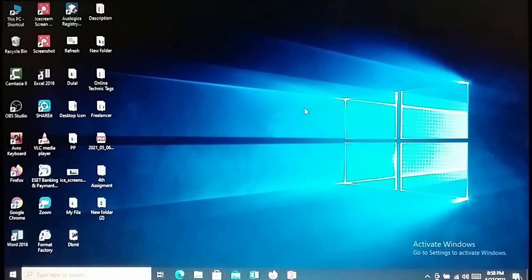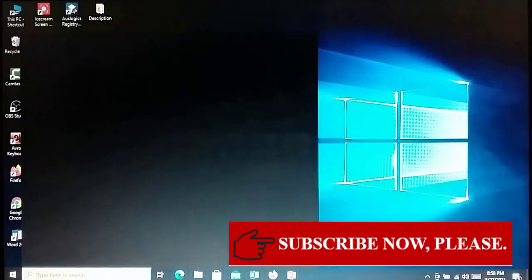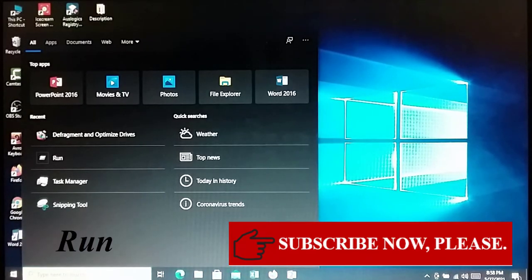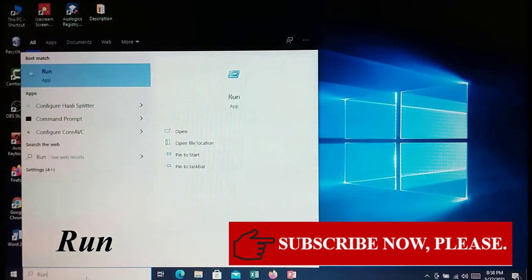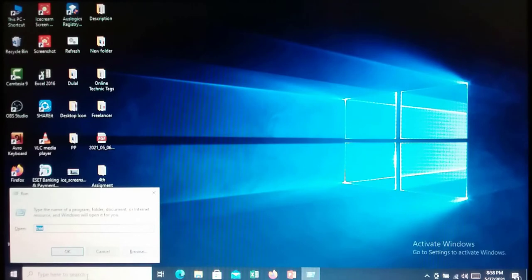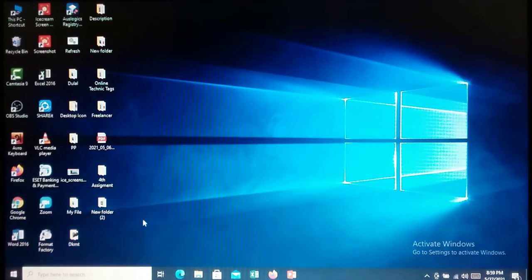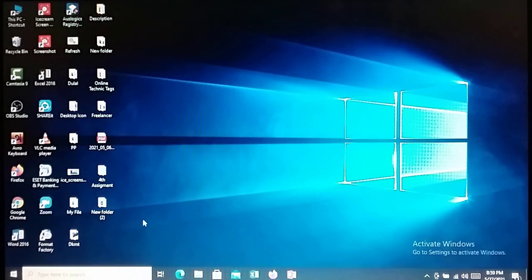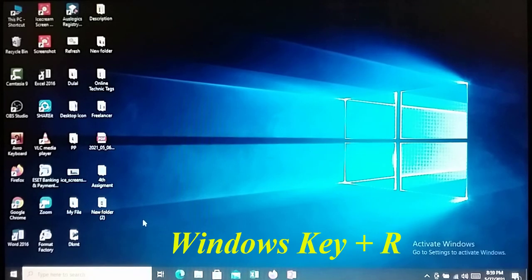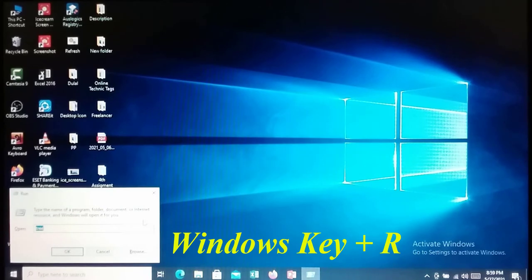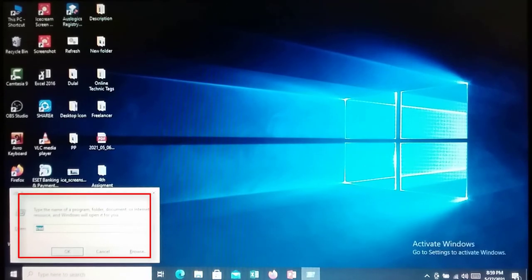First of all, write in the search box "run" and press the Enter key on the keyboard. Then you will see such a box. Or from the keyboard, press Windows key plus R. Then you will see this box again.